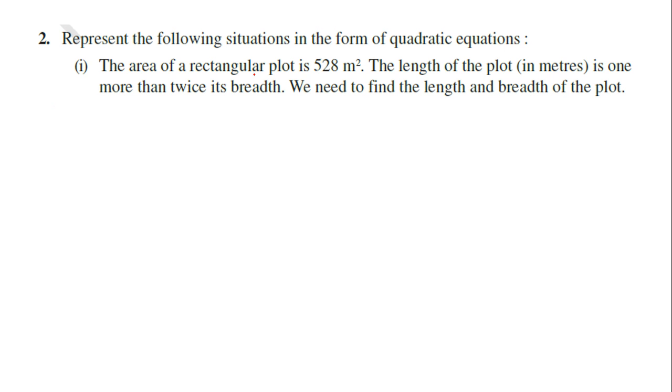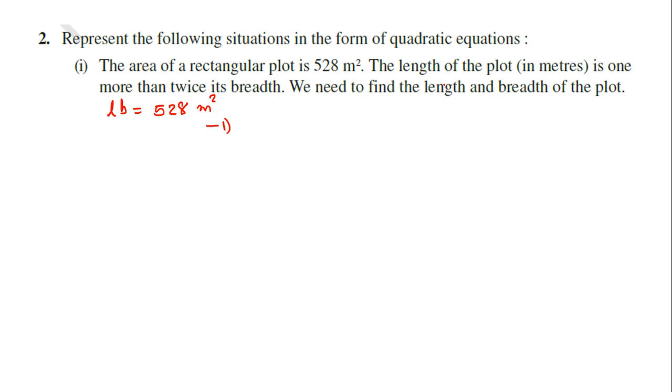So here the first equation, area is given. Then the first equation should be the area of a rectangle. Yes. So first of all, you have to mention: let us assume here L is equal to length, B is equal to breadth. Otherwise, x is equal to length. You can assume, that is your choice. Whichever variable you wish to assume, that is your choice. So length is equal to L. So the first equation is L into B is 528 meter square. Okay, don't forget the meter square unit. Okay, L into B is 528.